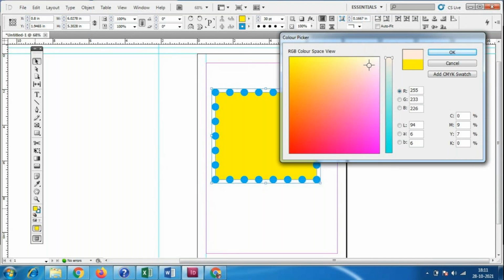Look at here, it is telling magenta is 9%, yellow is 7%, and black and cyan are 0 here. Correct, that means we have light yellow and magenta is 9%. Now magenta is more, so here magenta is 31% and yellow is completely zero.